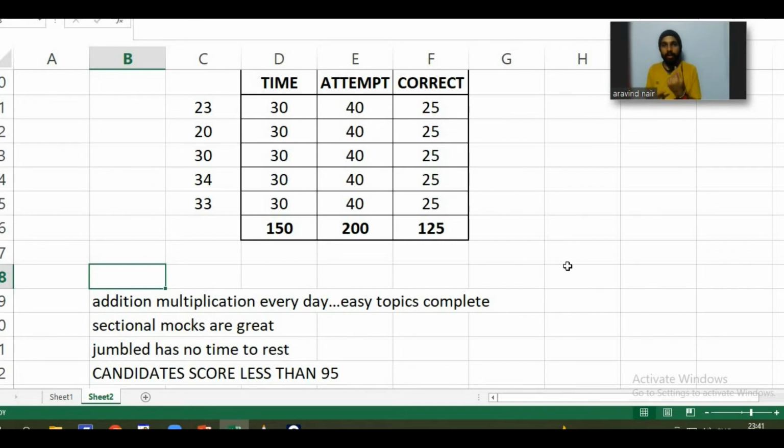Now if I ask you 75 into 7, everybody can do it. The topper is going to do it in 10 seconds, you might take 30 seconds. That's the difference, and that difference matters. Like in most of the quant section, most of it's percentage. The toppers can just see the sum. When I go through some of the questions, I solved it in 15-20 seconds. There was one quant which I solved in like 25 seconds.